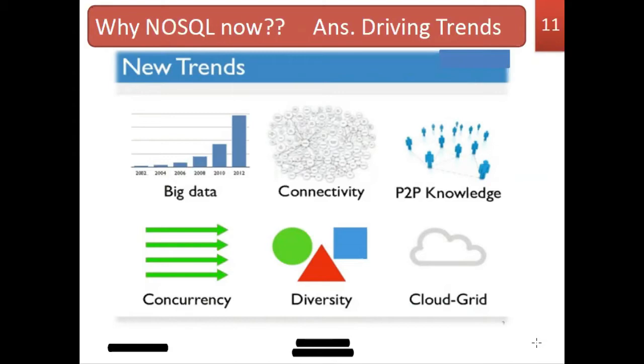P2P is peer-to-peer, where peers are the servers or nodes at the same level, a term you may have heard in networks, at the same level of computation. We are also addressing concurrency-related issues here, and diversity, which is another important factor in recent days.